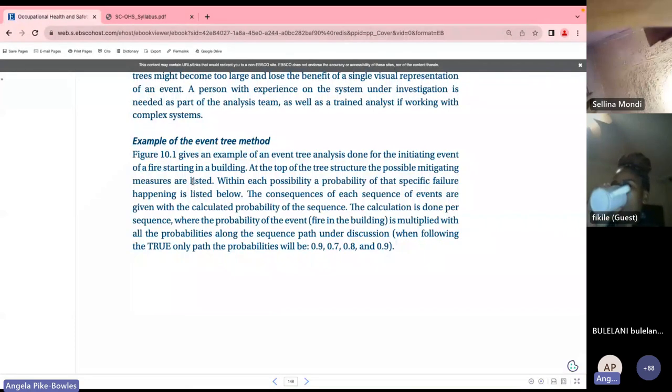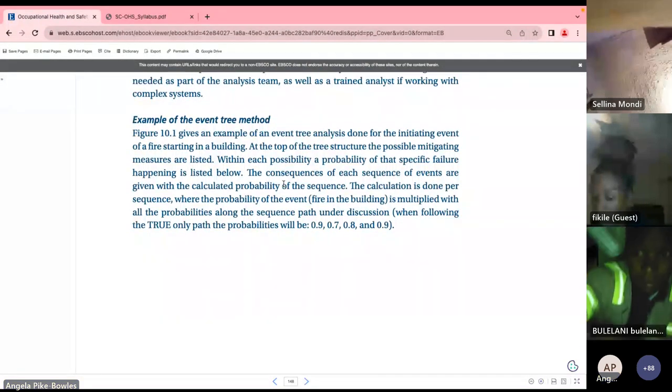So the initiating event of a fire starting in a